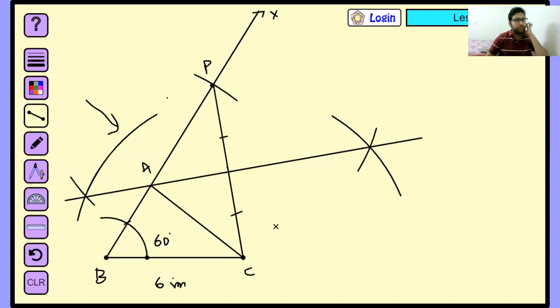And this is your required triangle. Till this point, any issue, class? Anyone who wants to ask about any step, please ask. Sir, BA equal to AP? No, BA is not equal to AP. AP is equal to AC. I will tell you how. This is the concept that we have used here. Okay, Utkarsh, AP is equal to AC. I will tell you how.